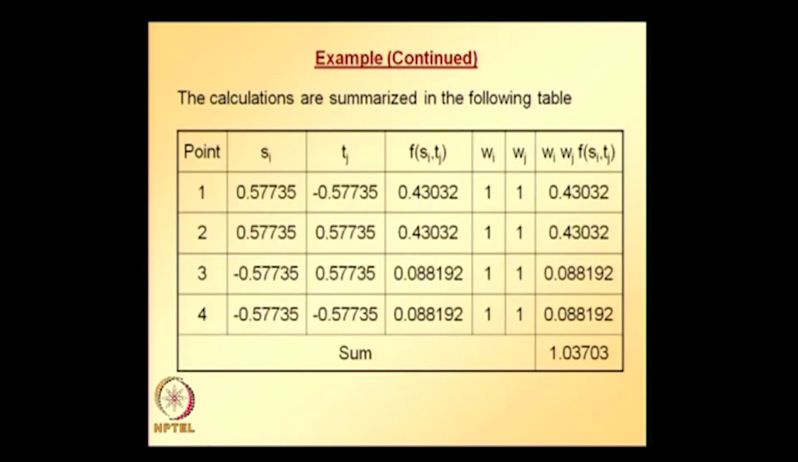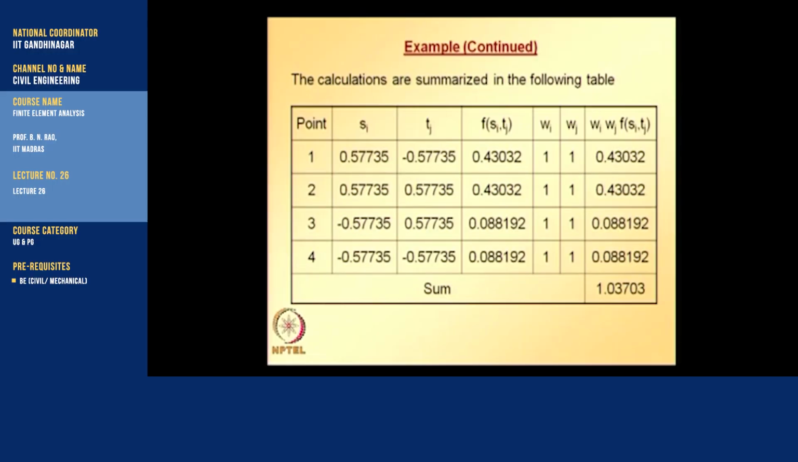The calculations are summarized in the following table. First column shows the point, second column shows the s coordinate of this particular point, and third column shows the t coordinate of that particular point, and the fourth column shows the integrand value, that is the f value evaluated at that particular point, substituting s and t values,